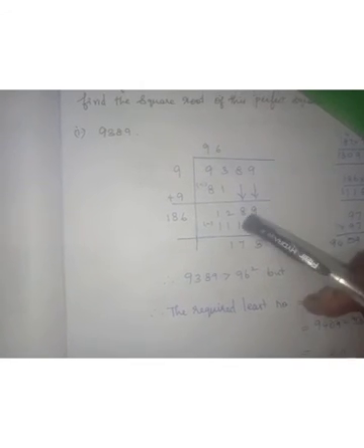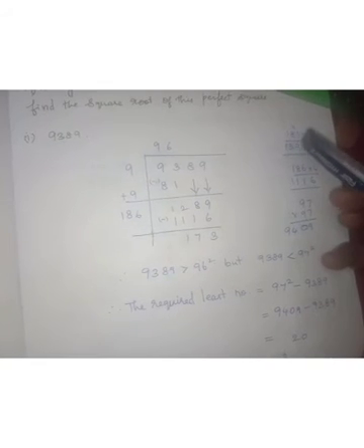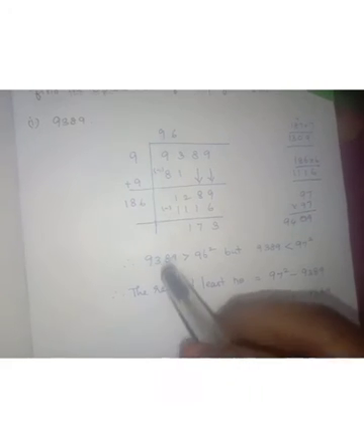So 9389, first I consider 93. 9 nines are 81. I take 93 minus 81, which is 12. 12 is not possible to divide, so I take 89 down. 9 plus 9, I take 18. After 18 you put one number, and the same number goes in the quotient. So I multiply: 187 into 7 is 1309, but it exceeds. So I take 6 times. 186 into 6 is 1116. 1289 minus 1116 is 173. 173 is not possible to divide, so you stop the division. So 96 is the quotient.